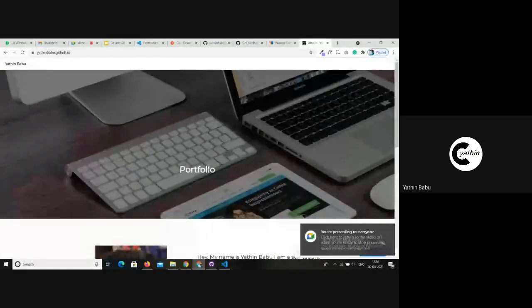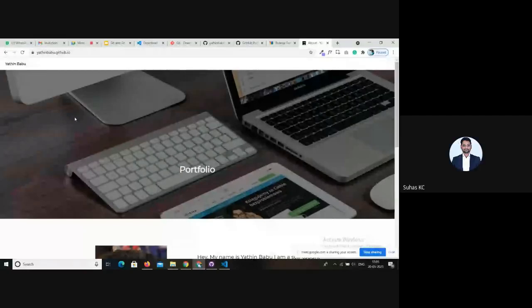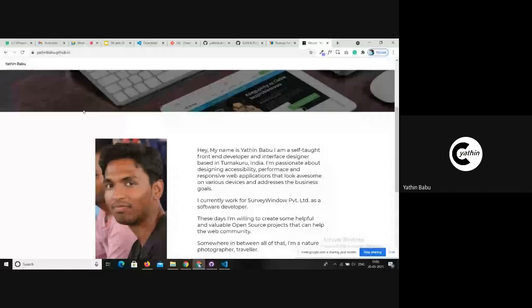Should I wait till everyone clones this repository and starts editing it? Yeah, no, I think they have not installed Visual Studio and everything beforehand. Okay, I think they're not doing it practically. Hello. Yes, sir. I will let them know how they can edit it and push it so that each one of them can have a website like this. Yeah. Okay. Sure. One more thing I just want to add. Yes, sir.